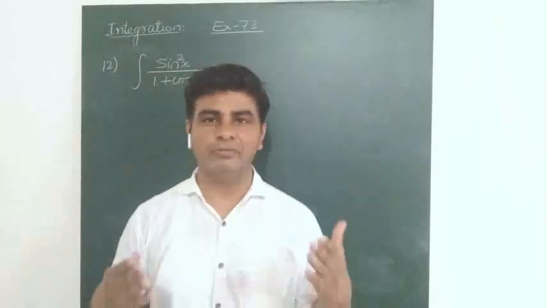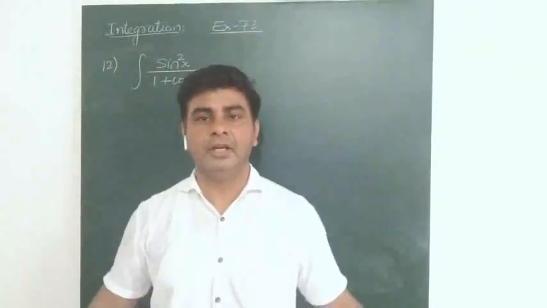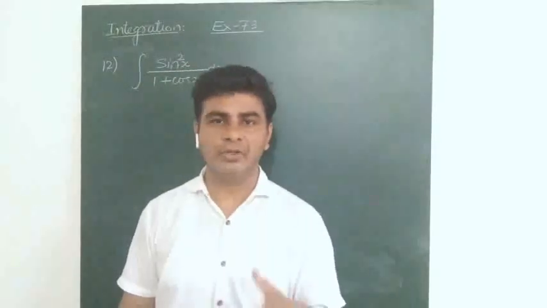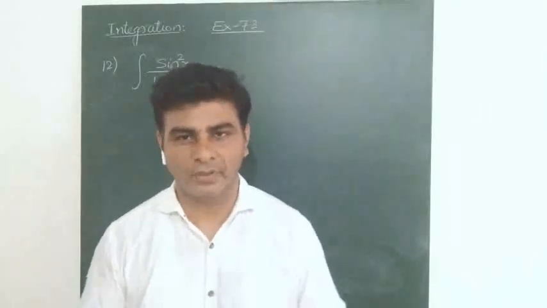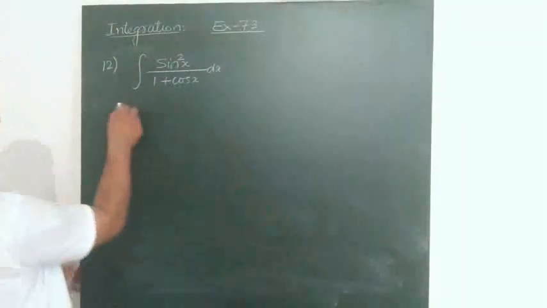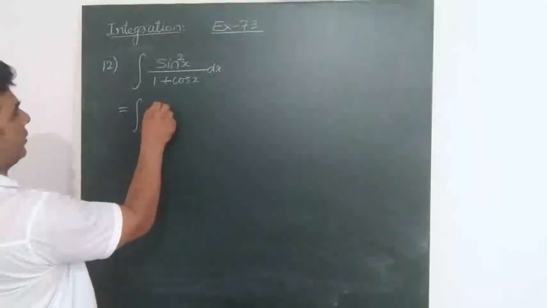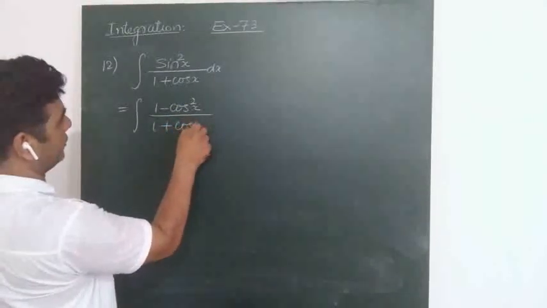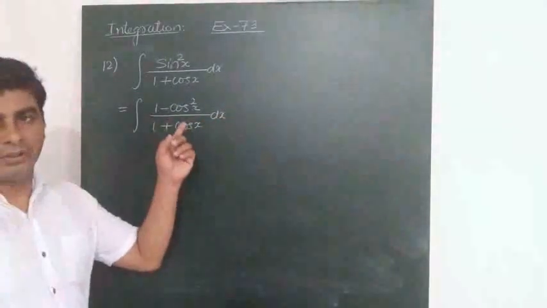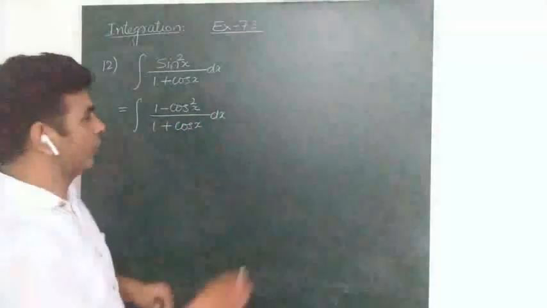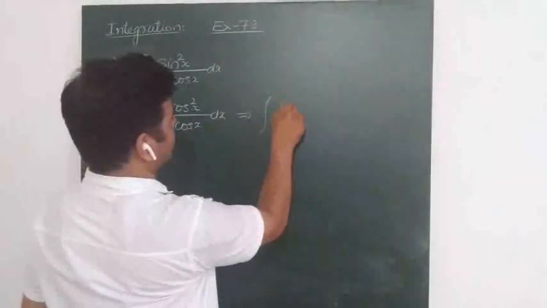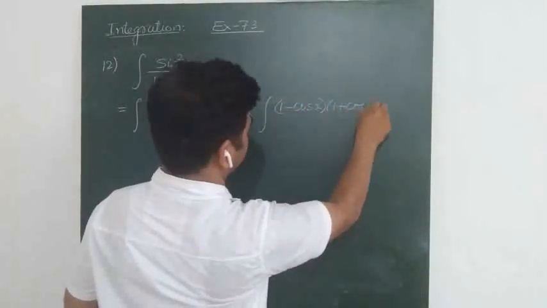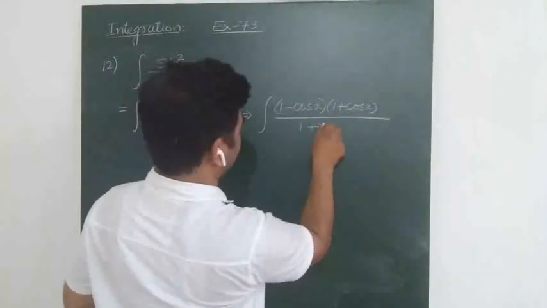और ये भी पता है आपको कि 1 minus cos square x को हम फर्दर लिख सकते हैं 1 minus cos x multiplied by 1 plus cos x by using identity a square minus b square, और उससे आपका काम हो जाएगा. देखिए, let me write down sin square x as 1 minus cos square x. Denominator will remain same. Further, 1 minus cos square x can also be written in the form of a square minus b square, which is given by 1 minus cos x multiplied by 1 plus cos x divided by again 1 plus cos x.